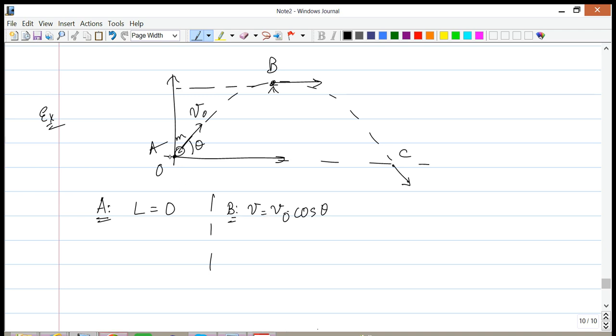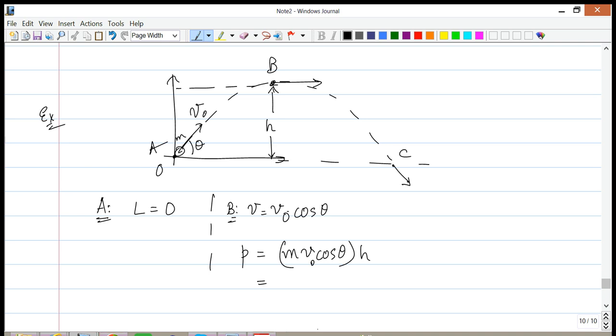Okay, so now that we know this, all we need to do is figure out what this height is. And this height, again, is the maximum height that the projectile reaches. Once again, I'd like you to stop, calculate this height, and then once you have the height, proceed with the following. P will be equal to m v0 cosine theta, multiplied by this height, which will be the moment arm. Now find this height.